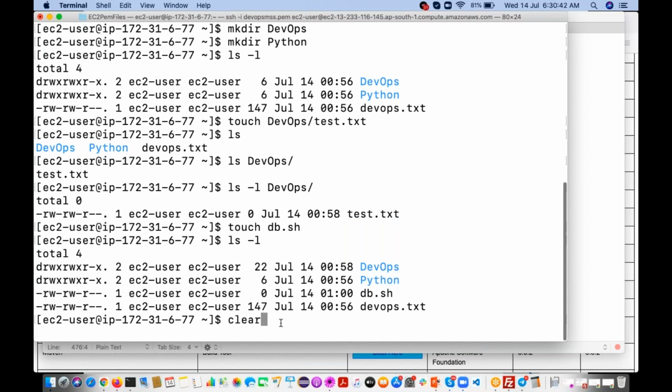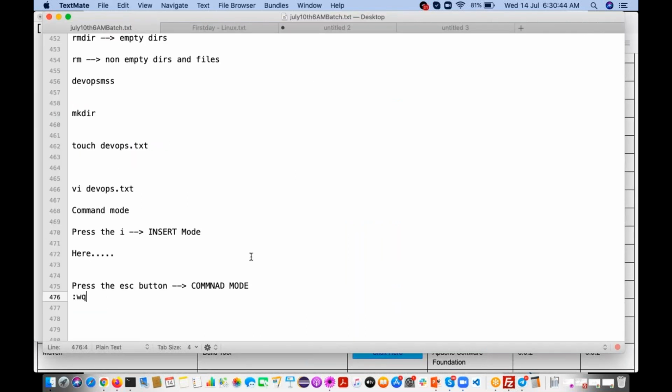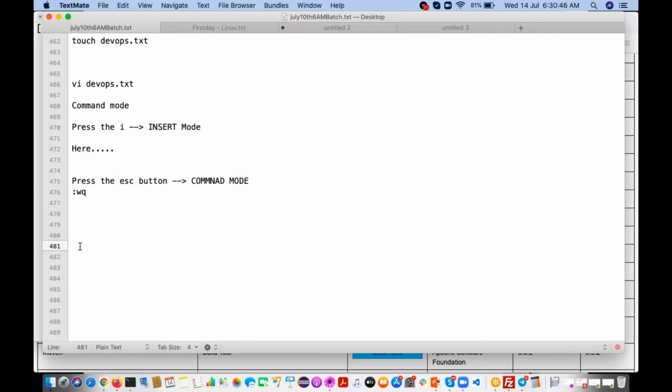Now my question is, I want to search files and directories. If you want to search for a file or directory on your Windows machine, you see the search option at the bottom left, and you go there and search.